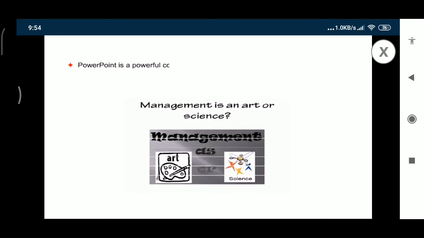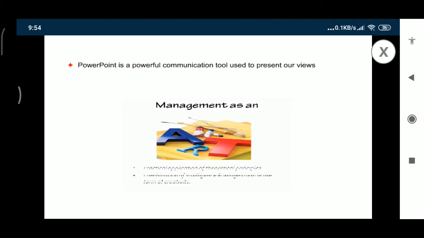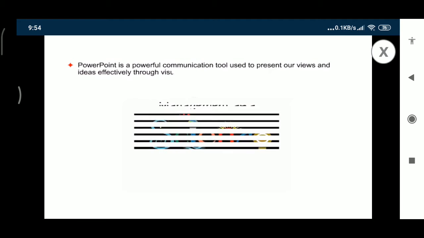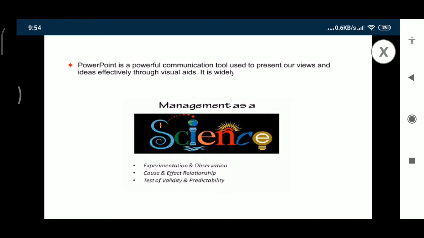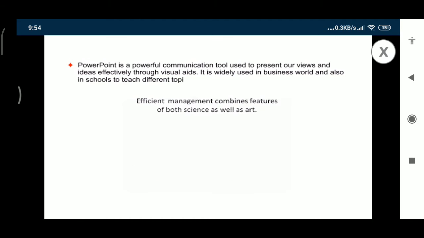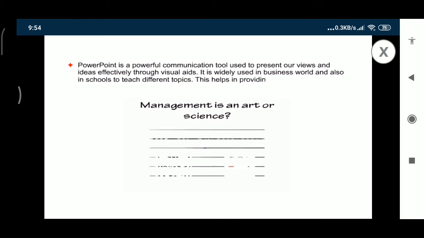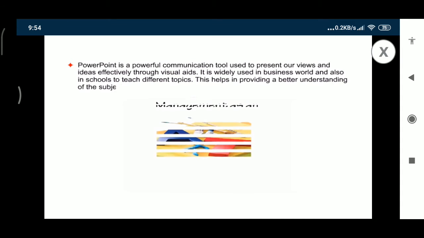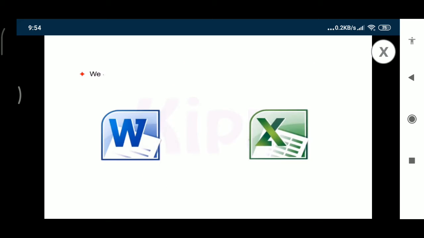PowerPoint is a powerful communication tool used to present our views and ideas effectively through visual aids. It is widely used in the business world and also in schools to teach different topics. This helps in providing a better understanding of the subject. We can easily import data from Microsoft Word, Microsoft Excel, etc. into a PowerPoint presentation.